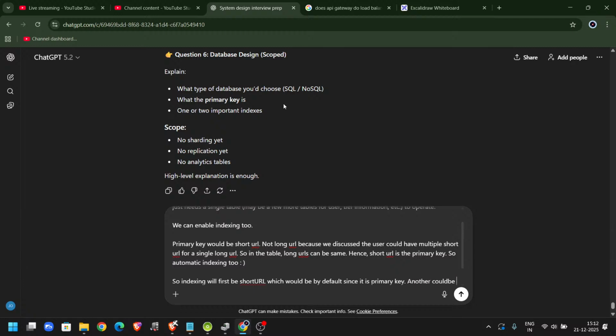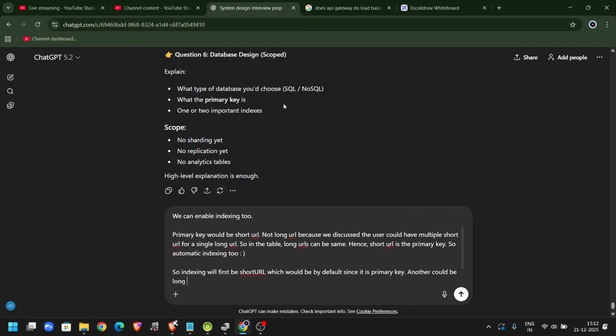Another could be long URL, because while generating unique URLs, if we don't support multiple short codes for a long URL,